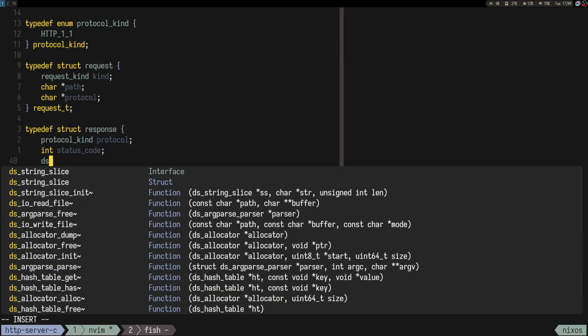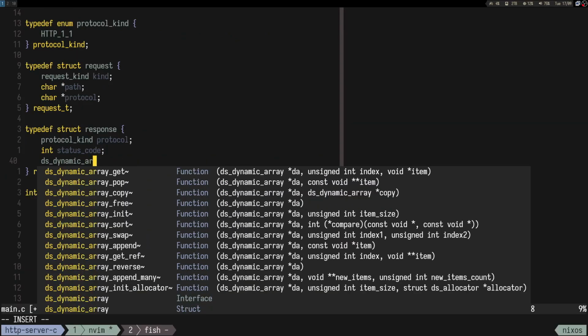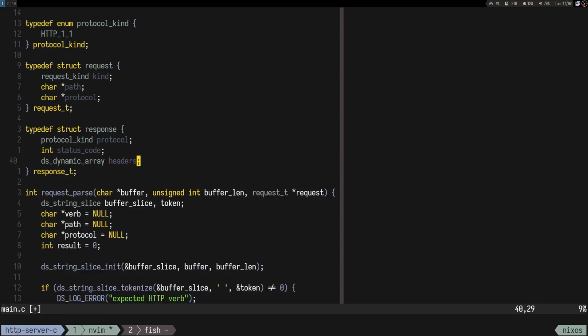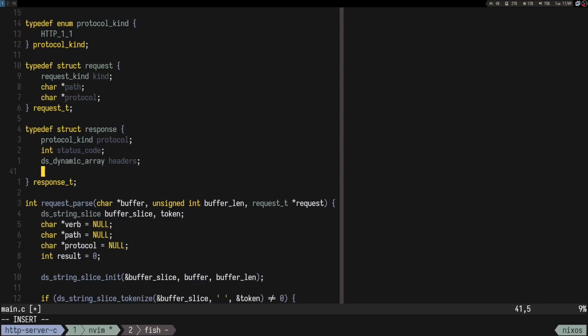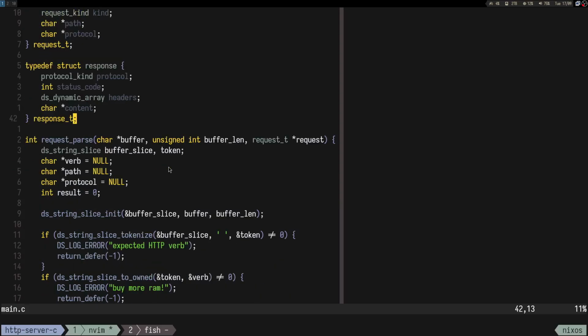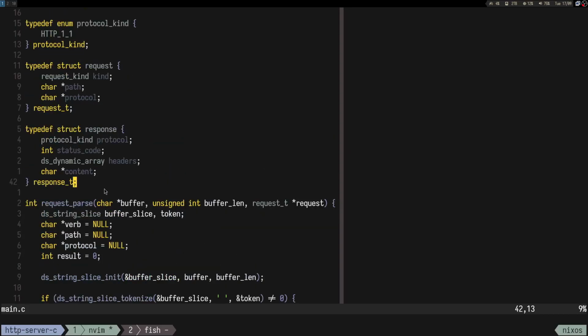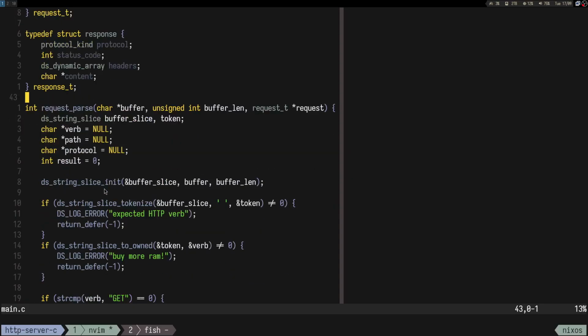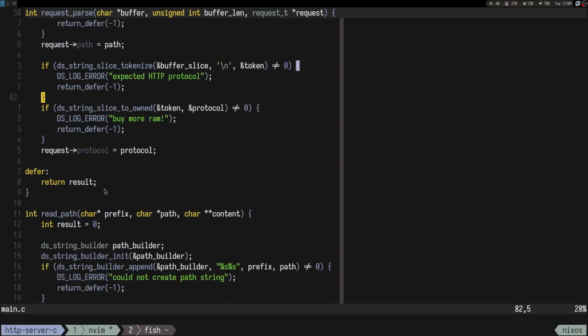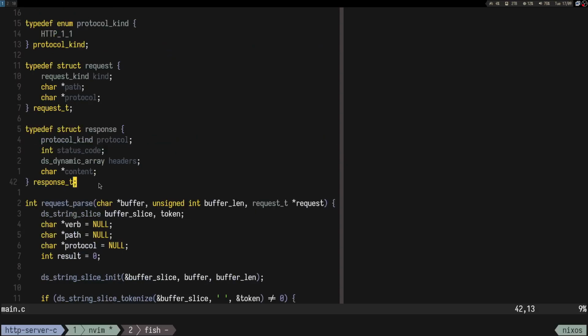So we can have ds dynamic array headers just like that, and then the content, which should be char pointer, right? So that's how I would do this one. And yeah, sure, let's try to implement something like response serialize, right? So a function to serialize the